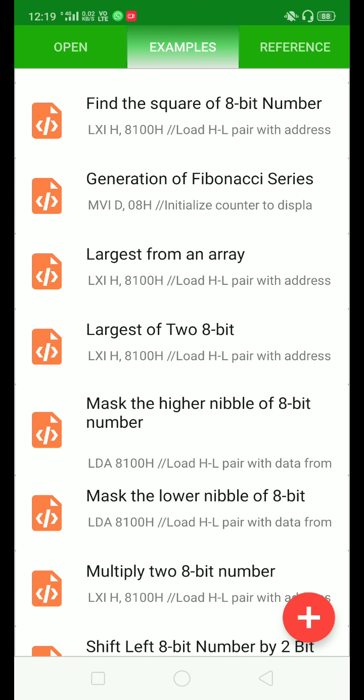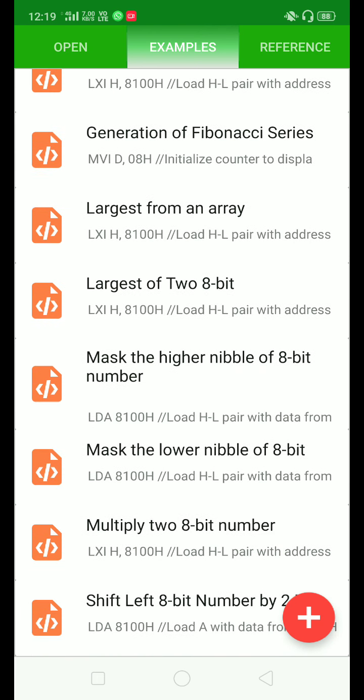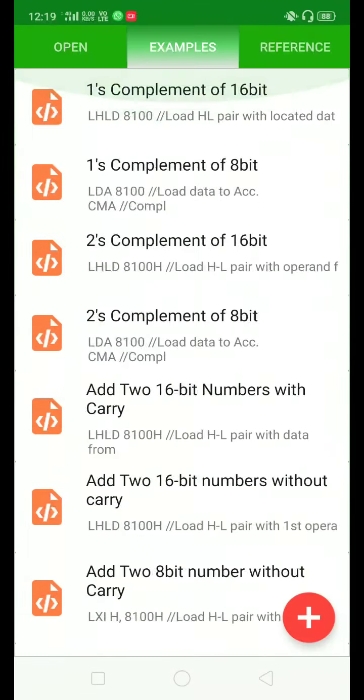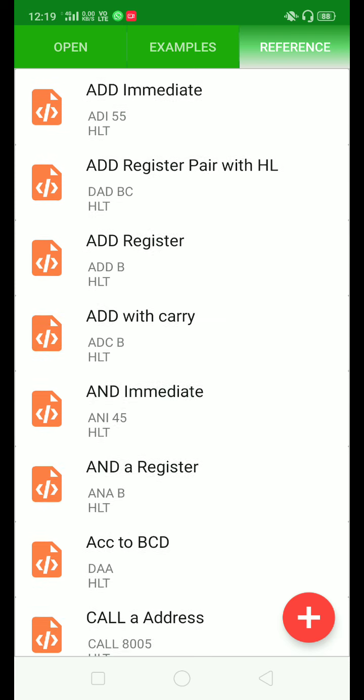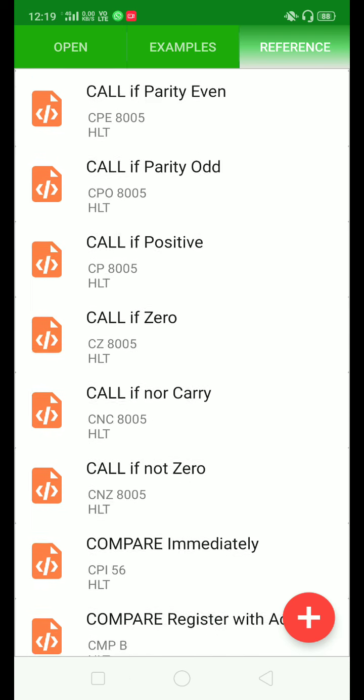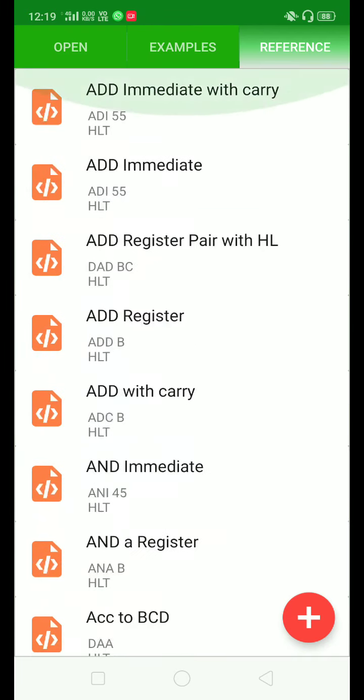Largest number from an array, largest of two 8-bit. So a number of examples are given. In the references you will find the instructions that are required while writing the program. Okay, so we will go back.